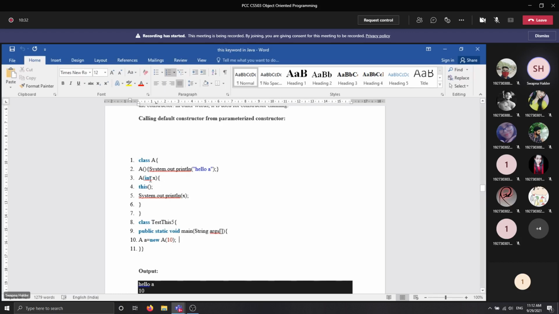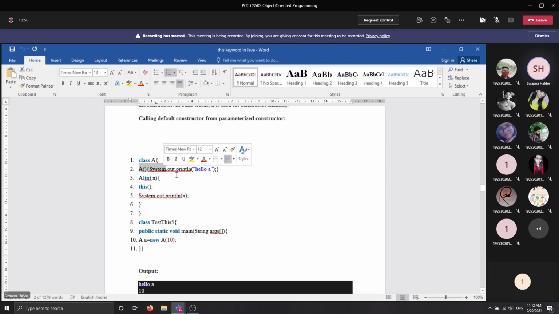Within the second constructor, there is a line: this, followed by parentheses. This line helps you call the current class constructor, that is the first constructor you have declared within your class.